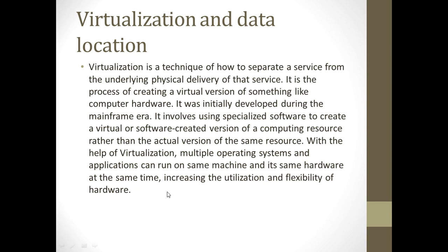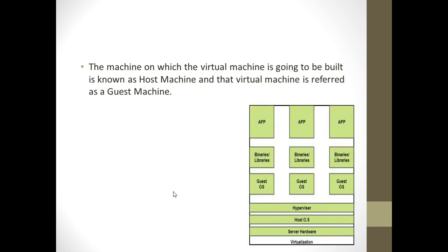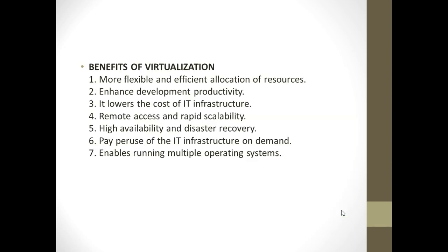Now this virtualization can be implemented for applications, operating system, storage, server, desktop. We are going to see that. So initially, how did virtualization start? When we wanted to have more than one operating system, like for example, Linux and Windows in our system, we would have virtualization so that we can run those various operating systems on the same machine. So the machine on which the virtual machine is built becomes the host machine, and within that there will be several virtual machines which are called the guest machines.